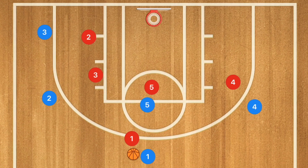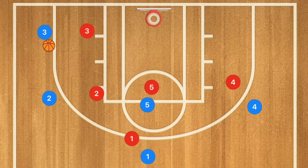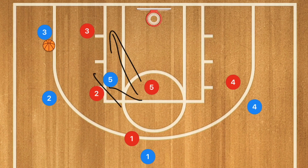Now going back to the swing, so we'll switch those players back. Going back to the swinging around the perimeter, another option that we could have is player 1 passing to 2 like he was before, and player 2 passing to player 3. And now, instead of player 5 going to the low post, he could still go down to the low post, but he could either head towards the screen first,